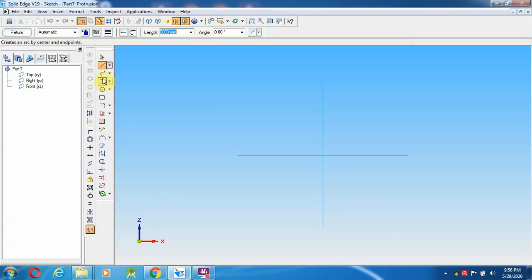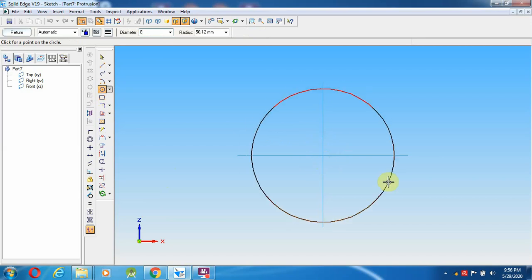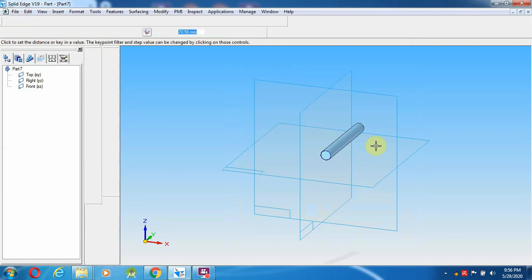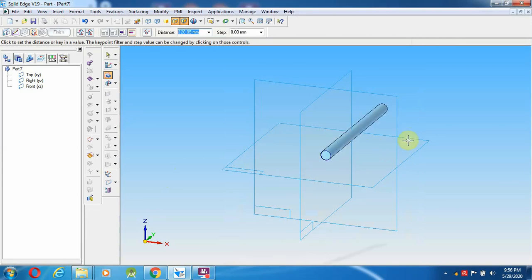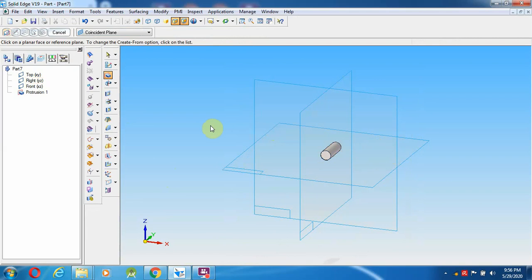So select a circle of 8 mm diameter, enter and return. So this will be 22 mm distance.